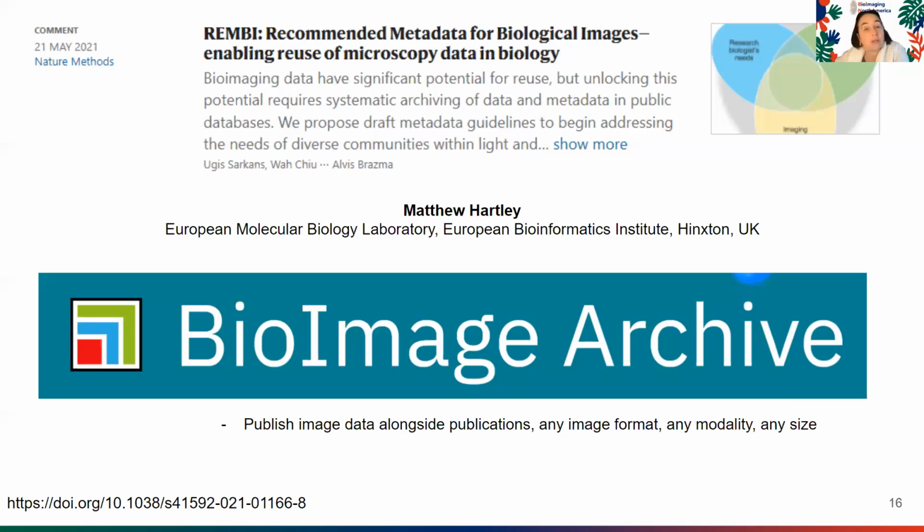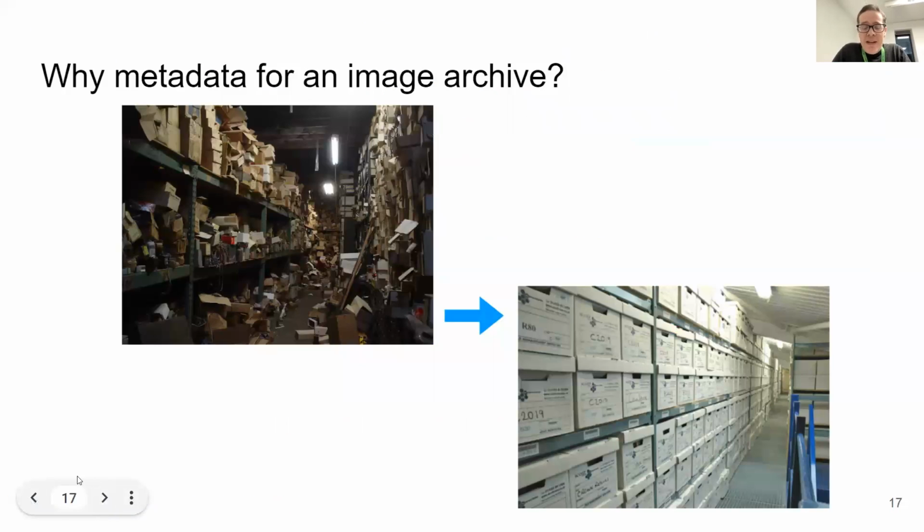Thanks so much for inviting me. As Caterina said, I'm the team lead for the BioImage Archive at the EBI, and in the taxonomy Shuichi introduced, we're a primary archive for image data associated with publications. We'll take image data from any bioimaging modality so that you can publish it as open access. And in order to make an archive work, next slide, please, we need metadata.